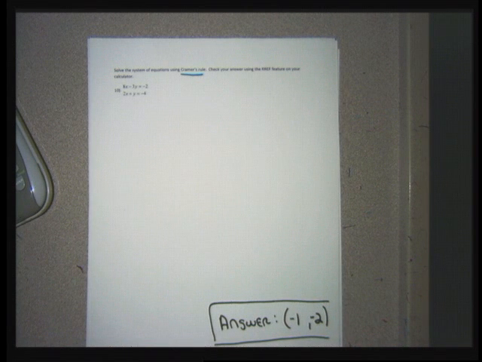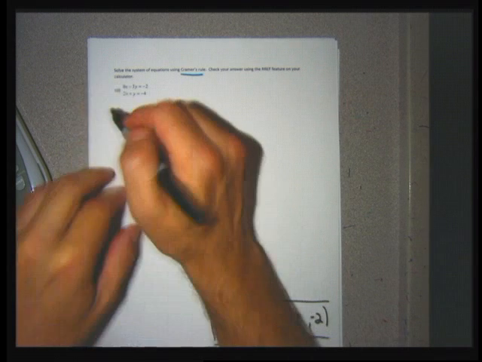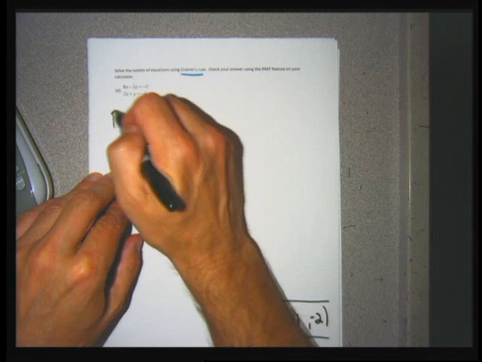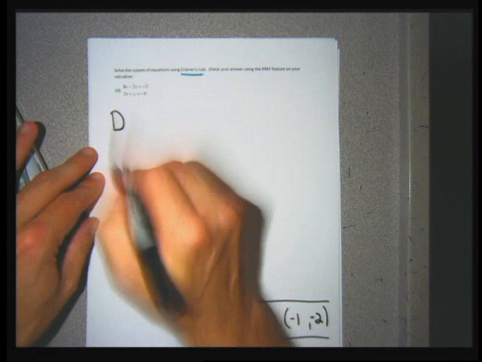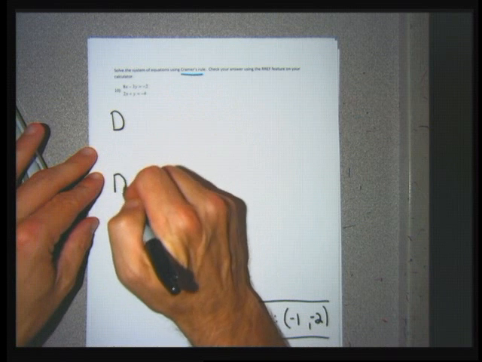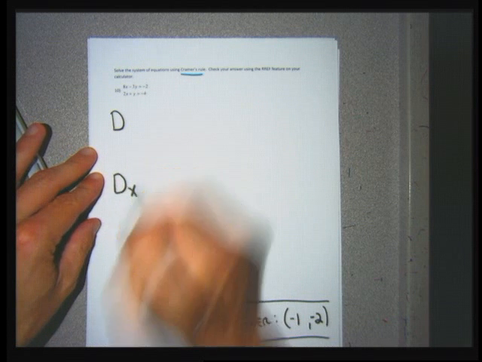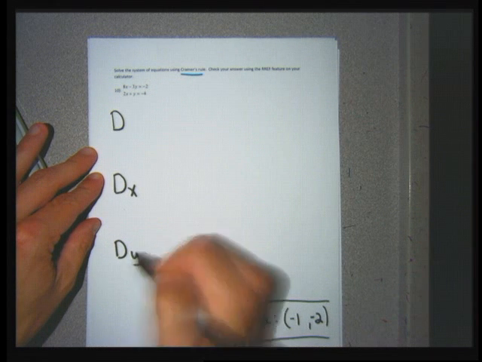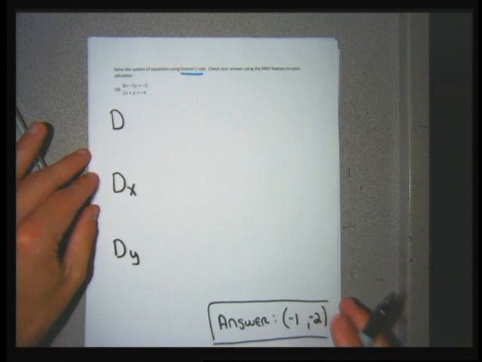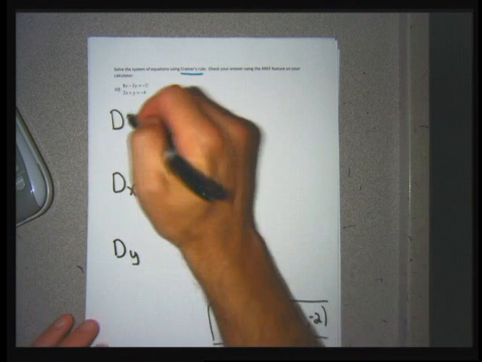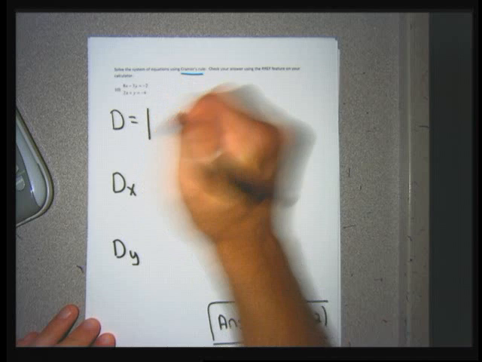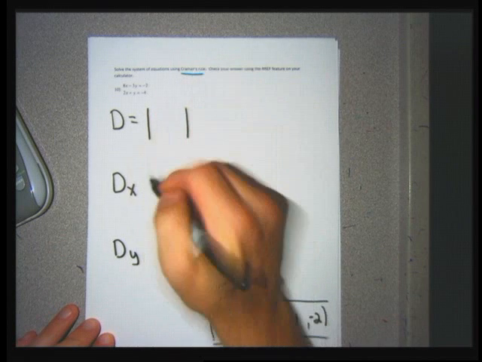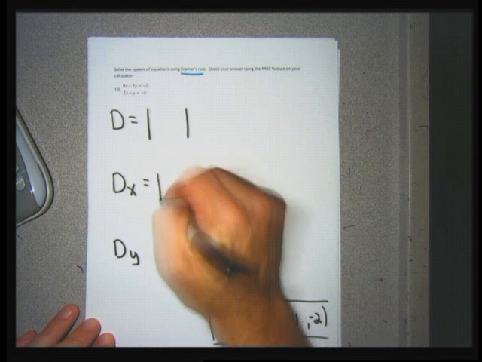To solve the problem using Cramer's rule, I have to create, in this instance, 3 determinants. The first determinant I call D. The second determinant I call D sub x. And the third determinant I call D sub y. A determinant's a number associated with a matrix. And each of the determinants that I set up and compute for this problem are going to have 2 rows